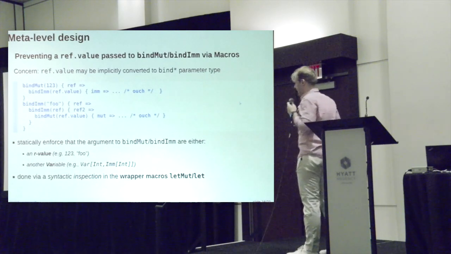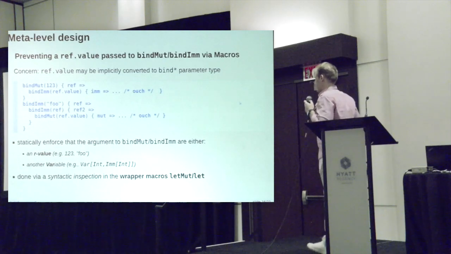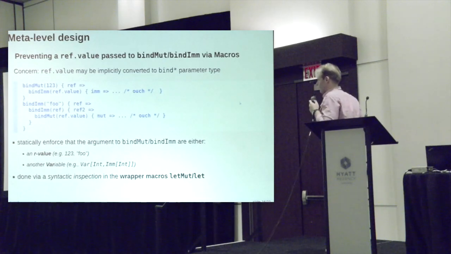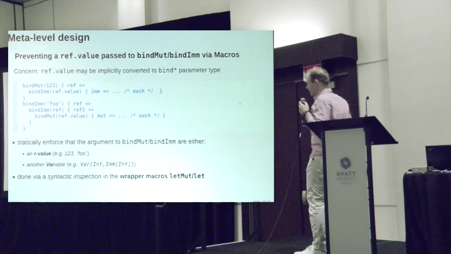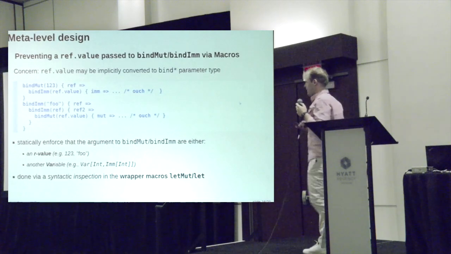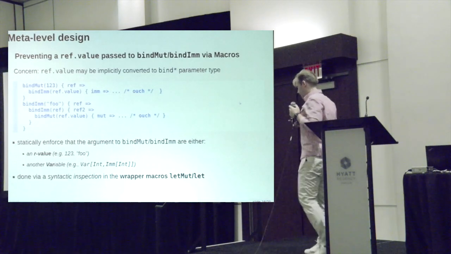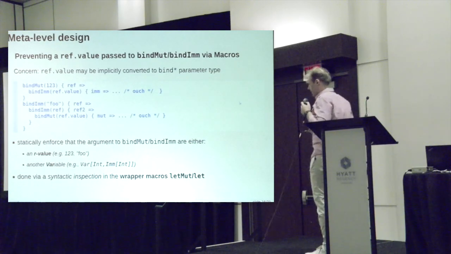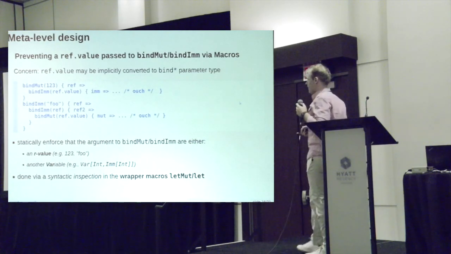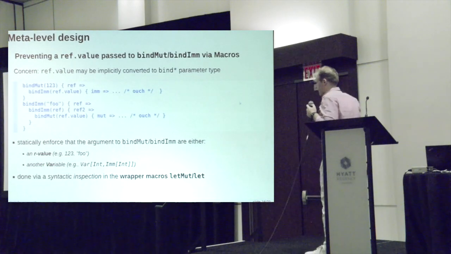To prevent that, we have two wrapper macros, let and let mute, which perform syntactic inspection of the initial value to see whether there is an expression involving ref.value, some wrapper.value. Basically, those initial values must be either R values, like literals or even expressions, or